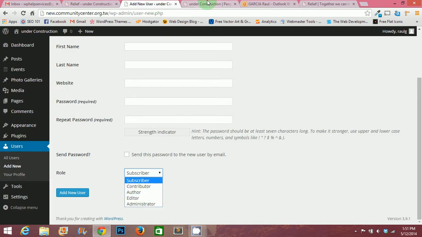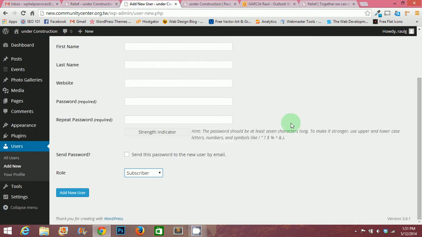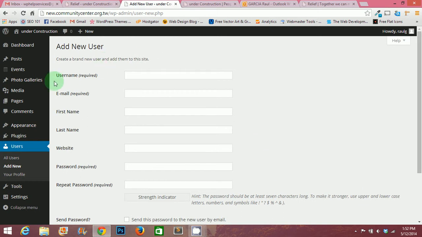Editor will be someone that would be able to go into different pages, just on the pages and posts, to go in and tweak everybody's posts and pages. An author, all they can do is add new posts or pages, but they can't edit the existing ones. So those are the main three that you're probably going to be using. Once you click add new user,